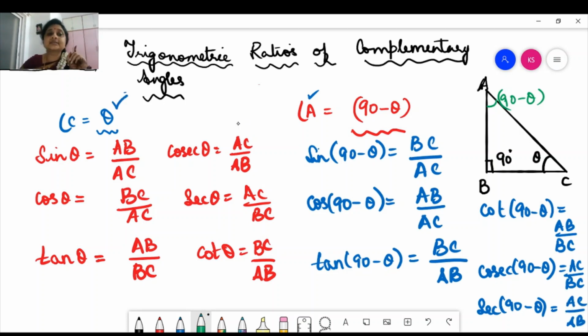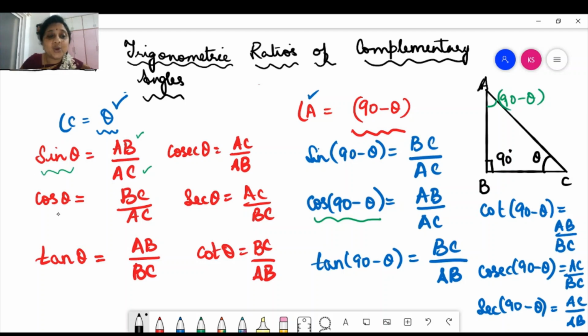So now let's look into the relationship between the trigonometric ratios of theta and the trigonometric ratios of 90 minus theta. Okay, so now observe, what is sine theta? Sine theta is the ratio between the measure of AB and AC. If you observe, AB and AC is also cos of 90 minus theta. Correct. So from here, we get to know that sine of 90 minus theta is equal to cos of 90 minus theta. Correct? Okay. So we'll move on. We'll move on to see more interesting facts like this.